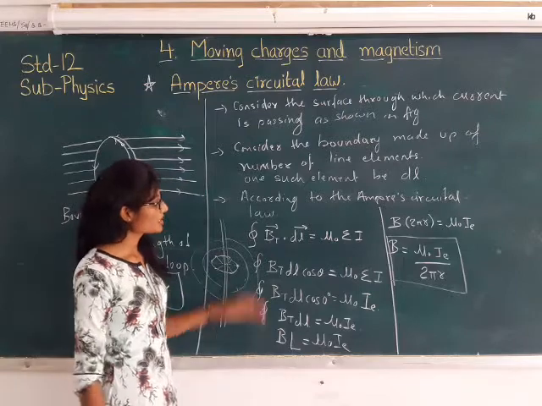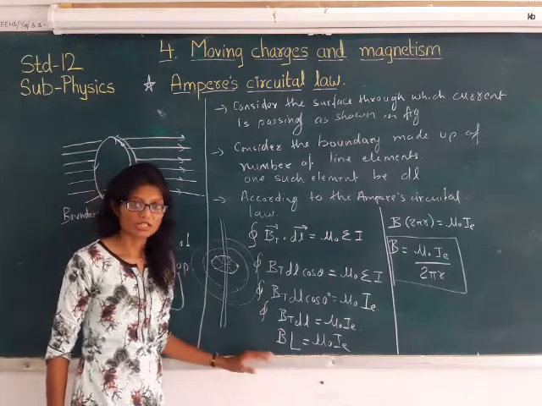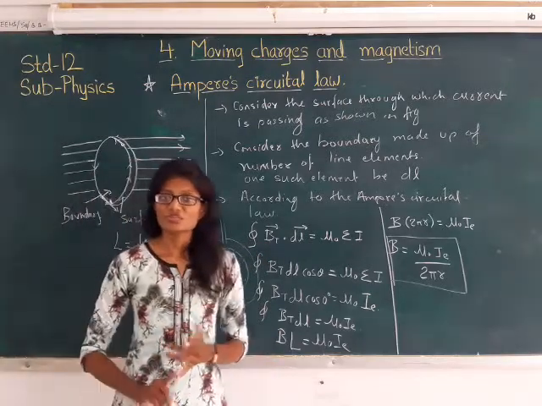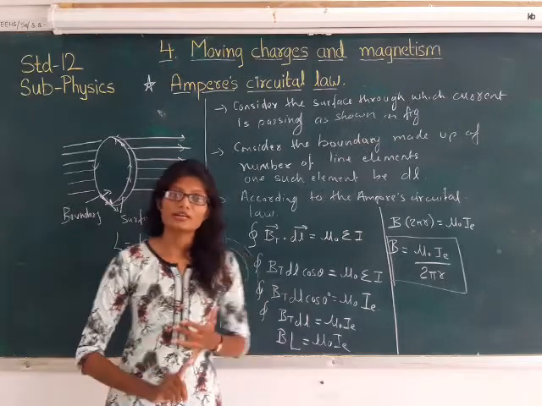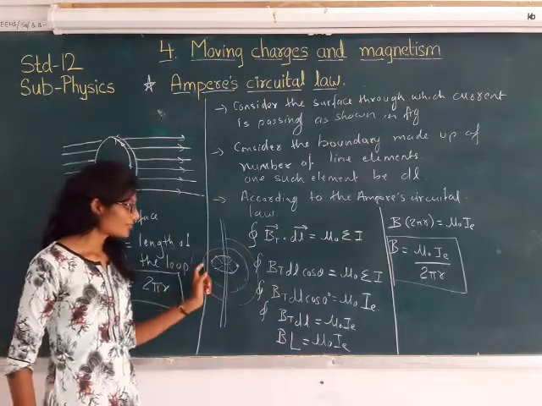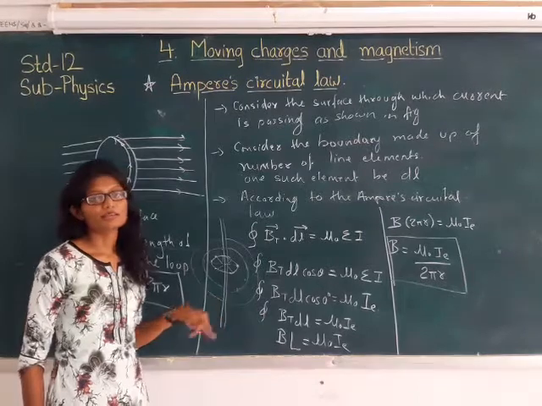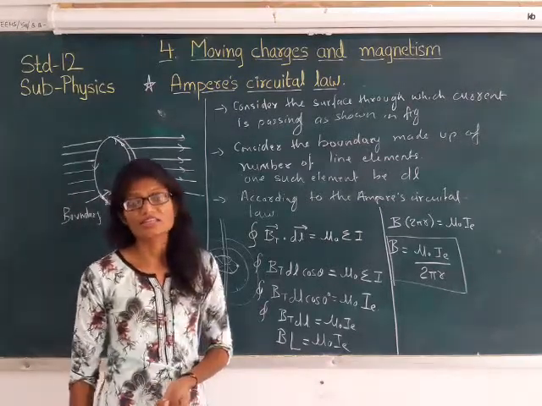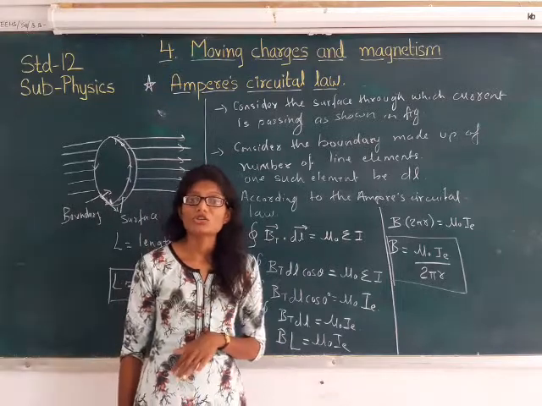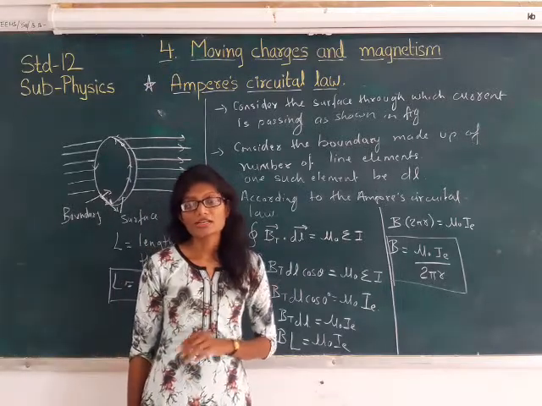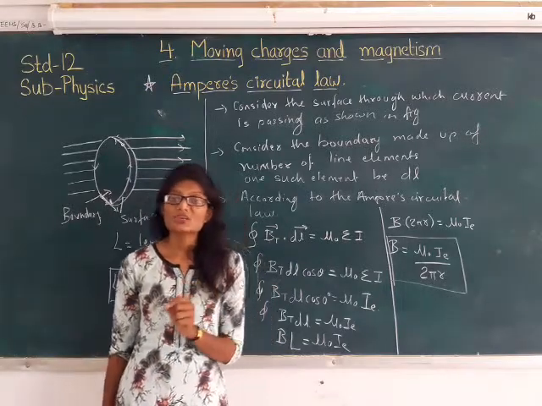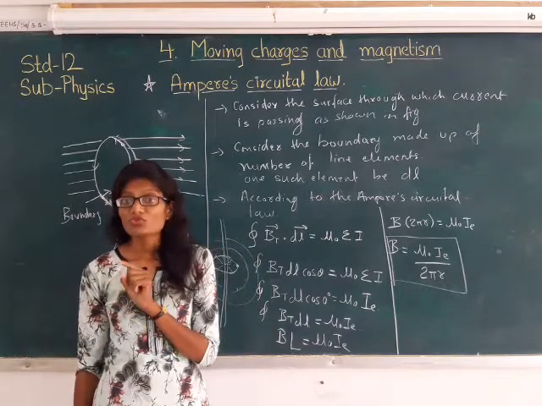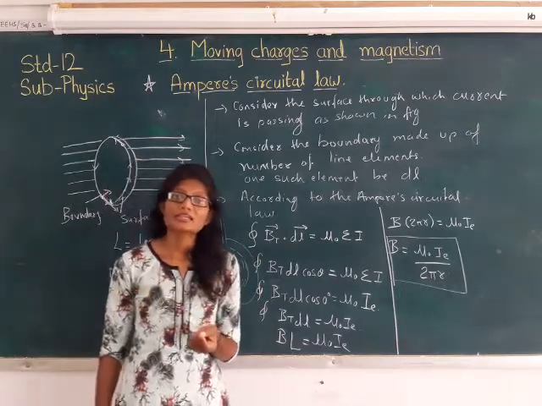So this is about the points for the Ampere circuital law, where the direction is mentioned by the right hand rule, and the magnetic field in that circle remains constant. And even if the wire is of infinite length, we will be getting a finite value of the magnetic field, depending on the distance between the point where we need to find the magnetic field and the current element.